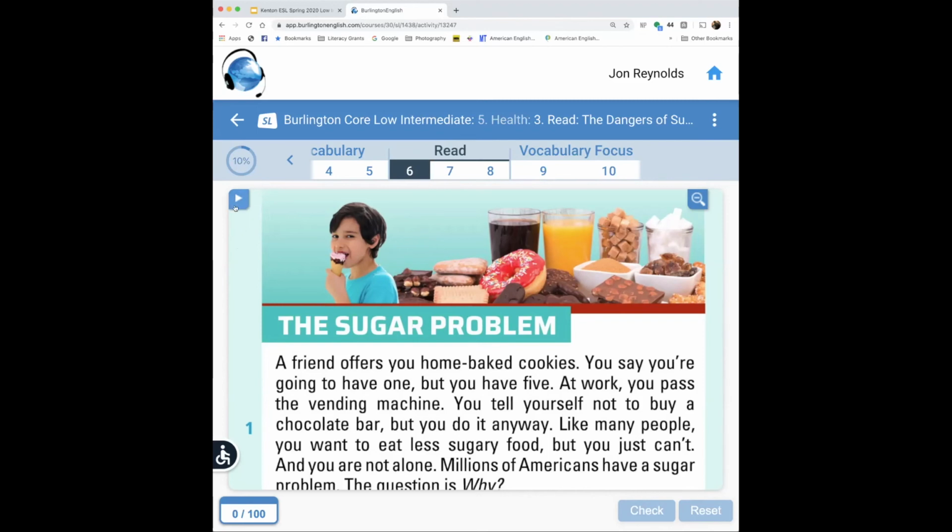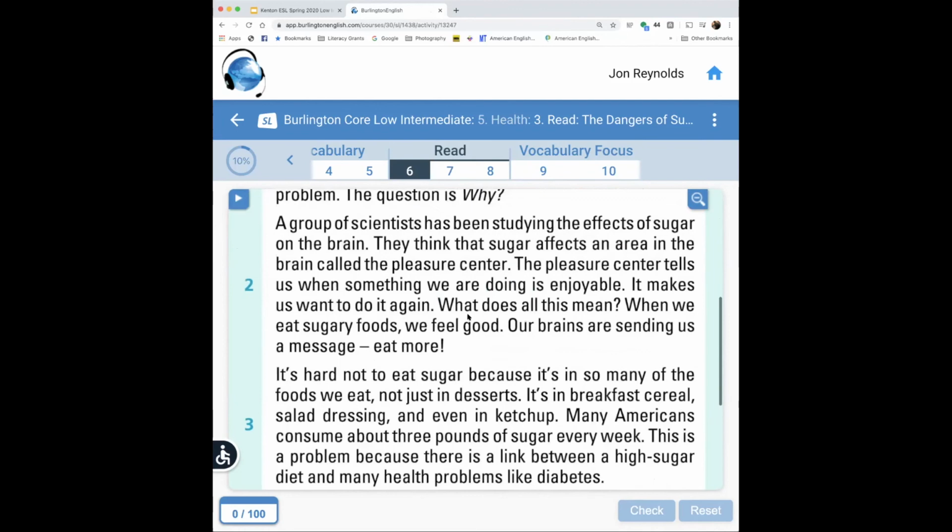There is a play button over here on the left side of the screen, and let me turn on the share computer sound feature. I'll just play a moment of it here. You can hear it. The sugar problem. So does everybody hear that? Yes. So again, I read it in the video, but if you want to go back and listen to it again in the program, in the app or on the computer, you don't have to go back to the video. You can still listen to it and read it here on the computer.